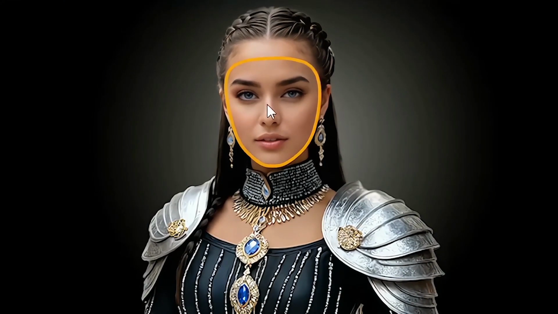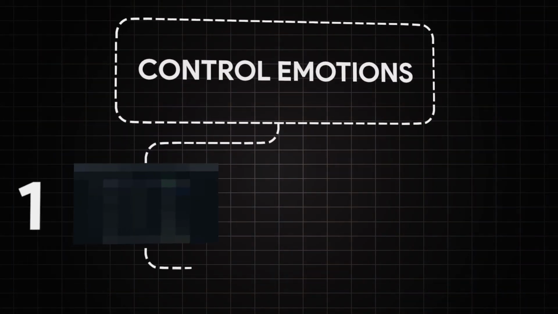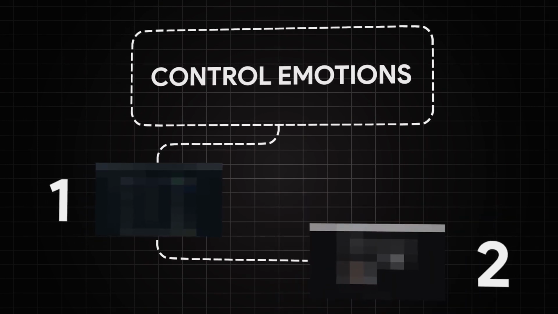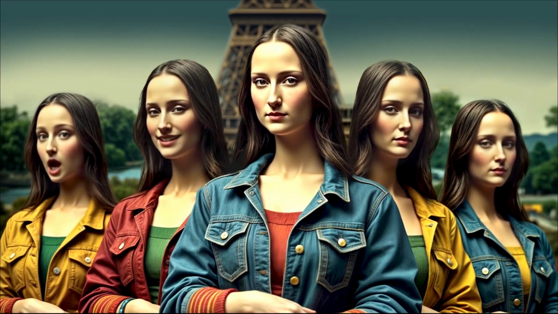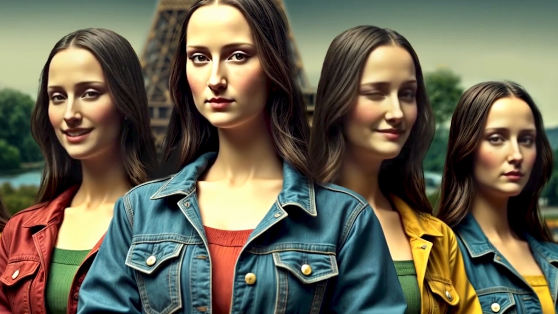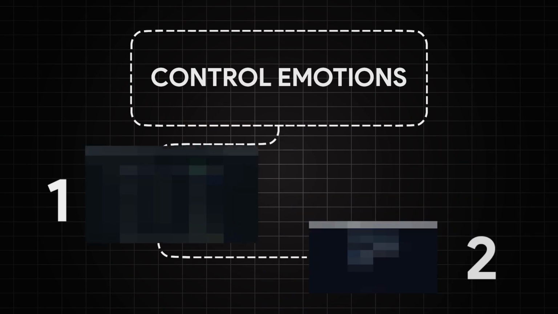In this video, we will discover how to take full control of any portrait, and we will control emotions using these two AI tools to surprise us with transforming our modern Mona Lisa's expressions from surprise and smile to Mona Lisa pose, and from wrinkle to concentration. The first AI tool to control emotions is Facebook.